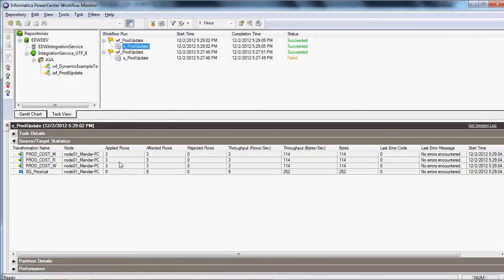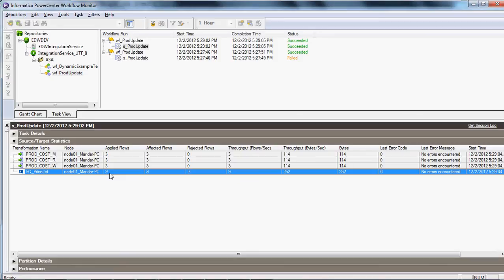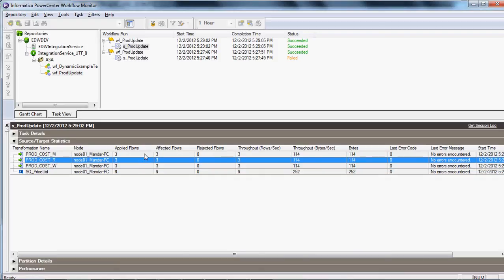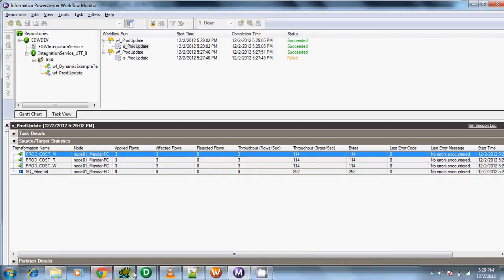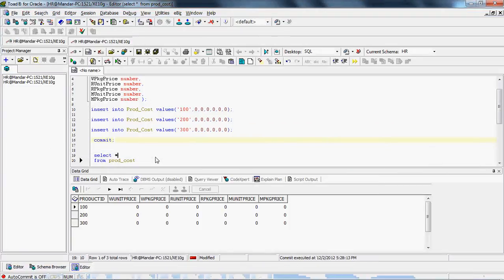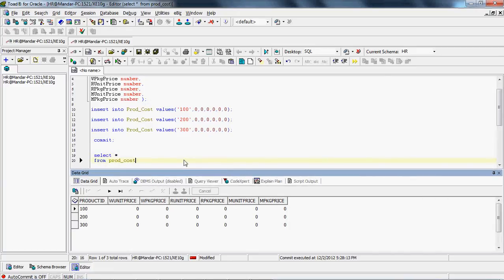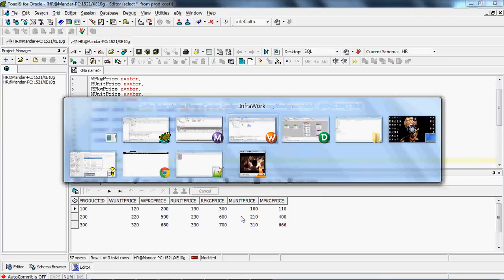So if you see, 9 records got selected by the source qualifier query, and the same 9 records got updated at the target table. We'll just verify whether records really got updated at the target table or not. So this result set is before we ran the workflow. We'll run the workflow, select the table records now, and if you see, the records got updated. We'll just validate the records